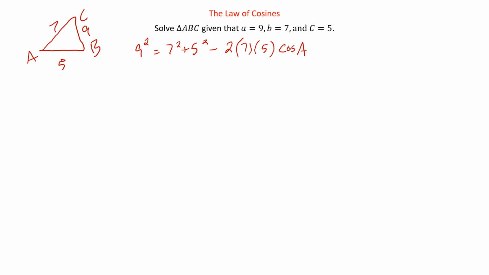First, let's just get our numbers. 9 squared is 81, equals 7 squared is 49, plus 25, minus 2 times 7 times 5 is 70, cosine A. 49 plus 25 is going to be 74, so we can subtract 74 from both sides to get